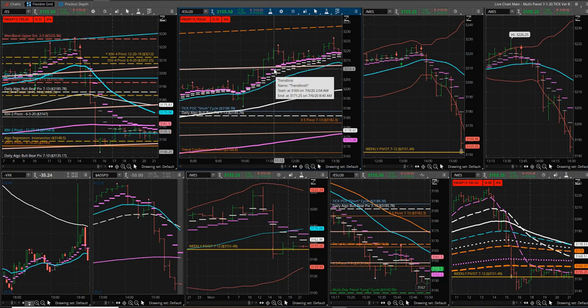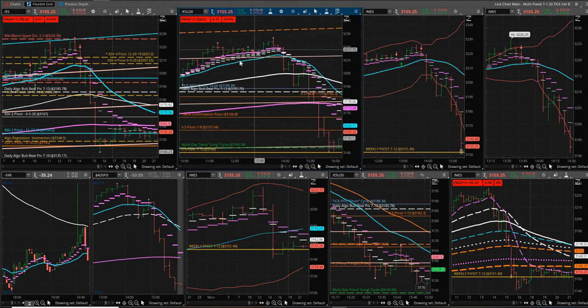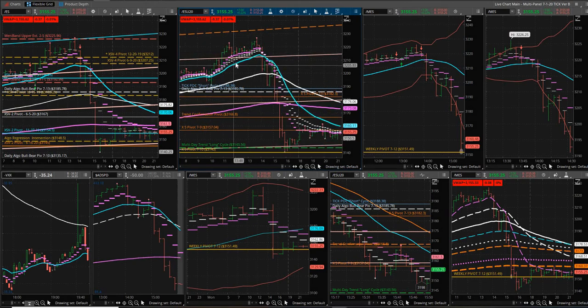So the triggering mechanism takes two things. It takes a change in the directional momentum of the momentum algo from up to down to up, or when it's going sideways, it needs to fork either up or down. But the trade trigger is when the white volatility dashes compress and then cross over. So in this case, you had a short trigger. Why? Because you had a change in the slope from up to down in the momentum algo, and then these dashes,